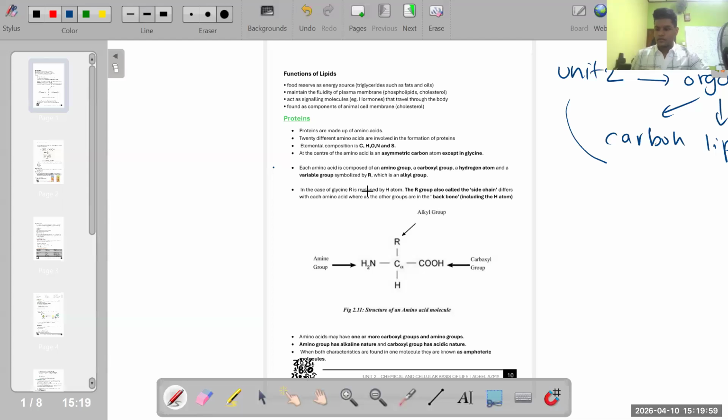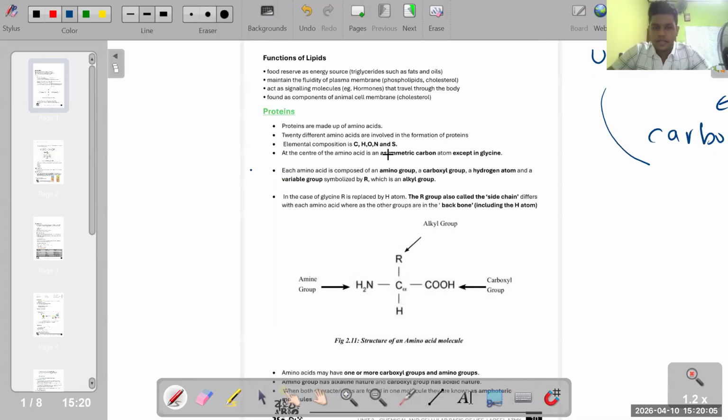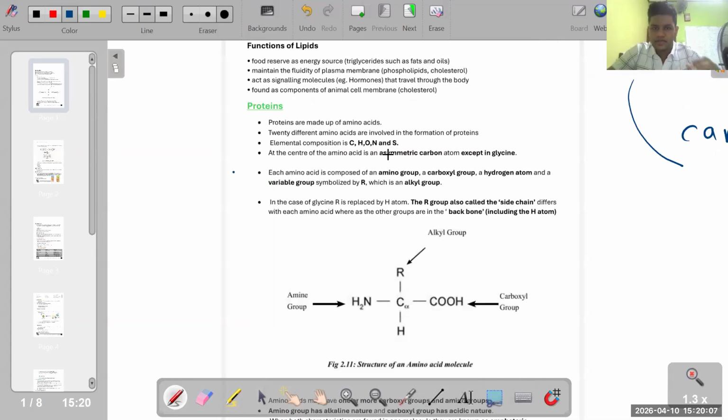Now have you learned about proteins before? You might have learned, right, in your O levels. But there they have given us a minor introduction, which means they have just said that proteins are used here, proteins have this amount of functions in the human body, proteins are necessary for our diet, right? You might have learned like this. So here we'll be looking a bit deeper into proteins, right? Okay, let's go on to the note.